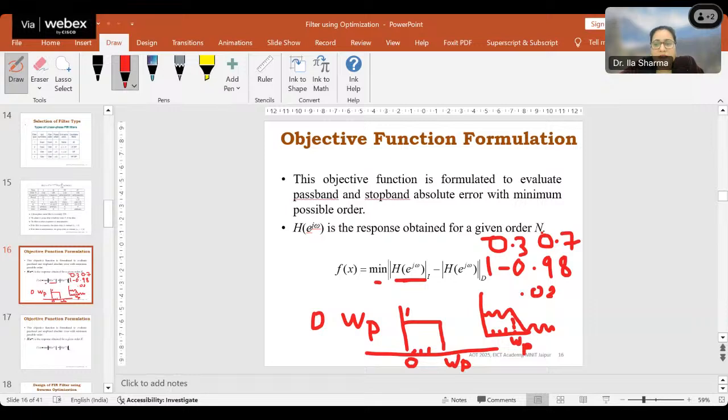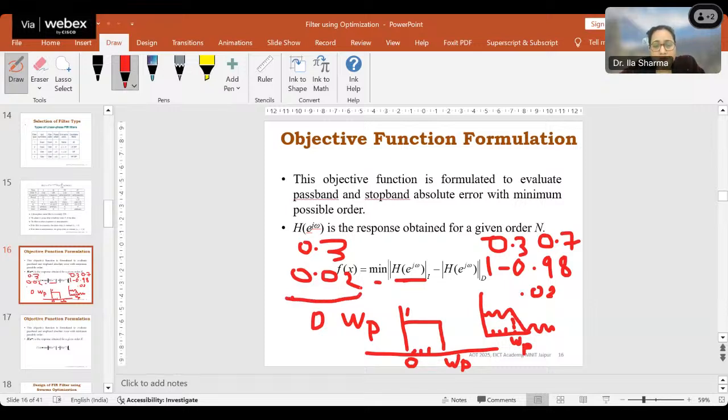So I have designed a filter whose magnitude response is 0.98, and let's suppose another student has designed a filter whose response is 0.7. So the error is 0.3. So what is the minimum error? 0.3 is minimum or 0.02 is minimum? Which one is minimum? Anybody can tell me? 0.02, right, Shefali? Thank you.